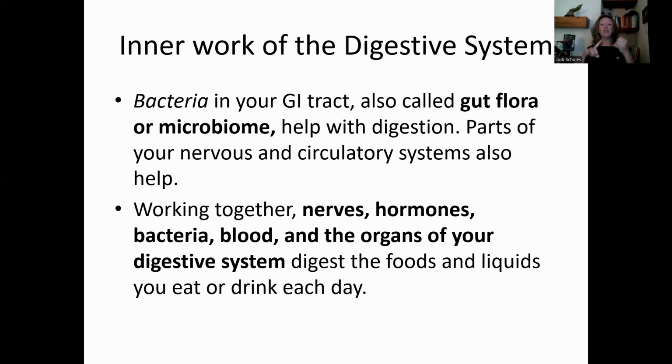Working together, your nervous system helps with releasing hormones, and bacteria, blood, and the organs of your body all contribute to how digestion works and how nutrients are distributed. So this is a whole ecosystem, if you will. There's a whole world of things going on as a part of your digestion. And so often we think of it as just the stomach, right? But no, there's more going on. Let's take a look at the path